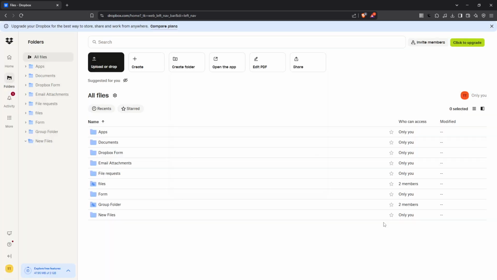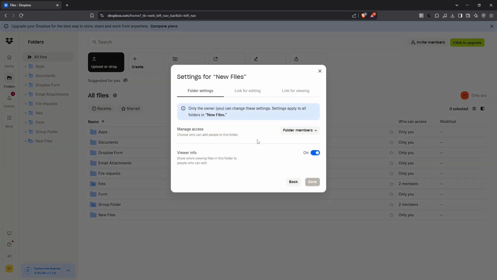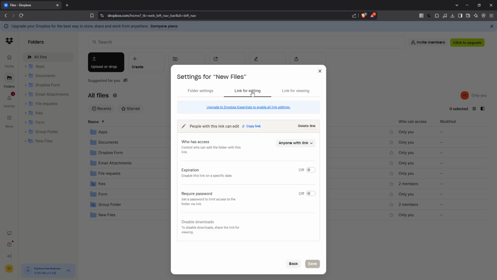This is where you'll have the opportunity to modify how others access your file or folder. Inside the link settings, there are usually two options: link for viewing and link for editing. Choose the one that best suits your needs. Under either tab, you will find an option named Require a Password. It might be toggled off initially, so switch it to on. This action is what allows you to set up a password for the link, adding that precious extra layer of